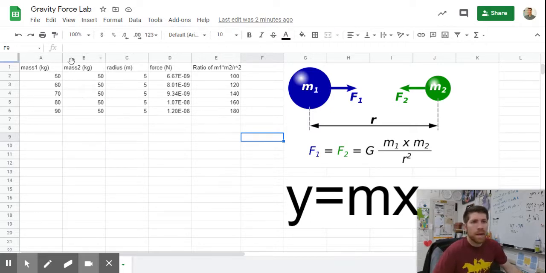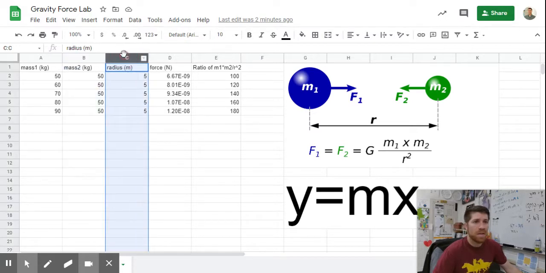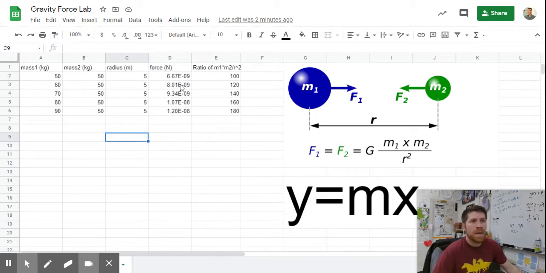But in my example, I just kept mass B constant and the radius between the objects constant and changed mass 1. By looking at that, I can see that as mass 1 increases, my gravitational force increases, as can be seen since the exponent goes from times 10 to the negative ninth up to 10 to the negative eighth. So it multiplies by a factor of 10. But regardless of that, when you're trying to analyze and figure out how this data can be graphed,